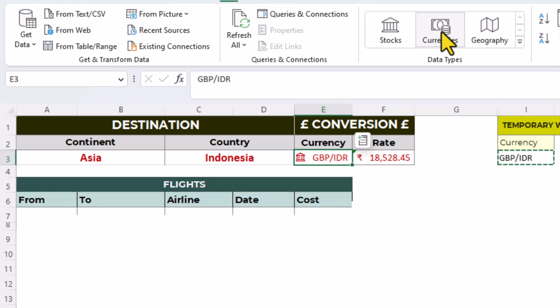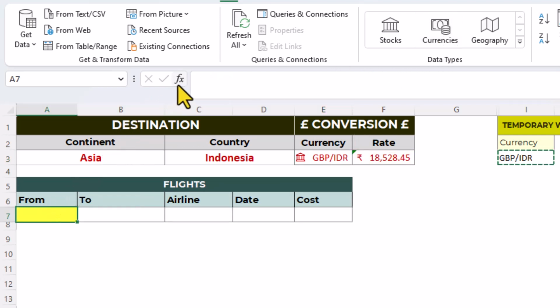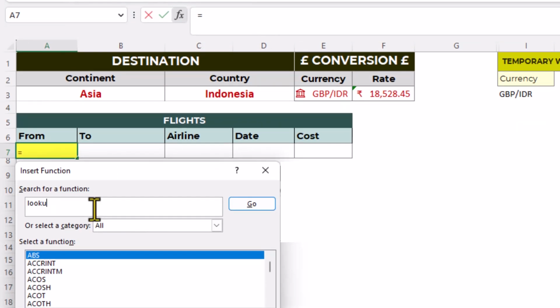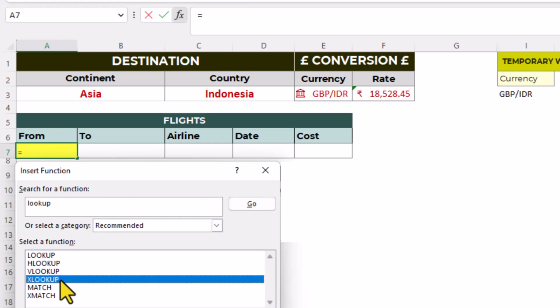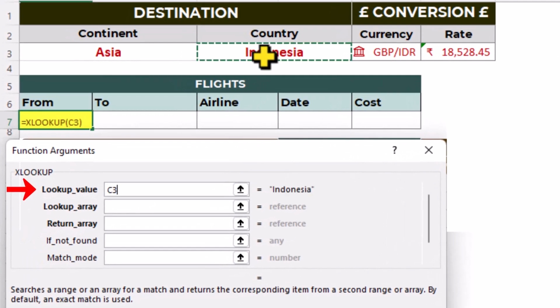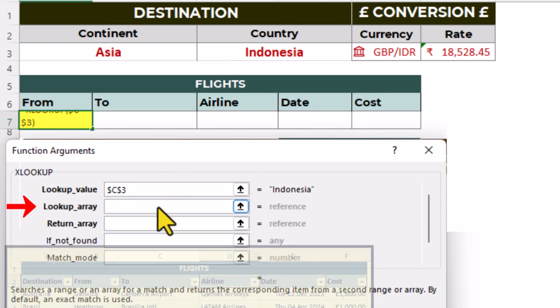The details for the flight will come from a table on our flights worksheet. Let's start with XLookup. Lookup value is the country, and we don't want this to change when we autofill. XLookup can find the country